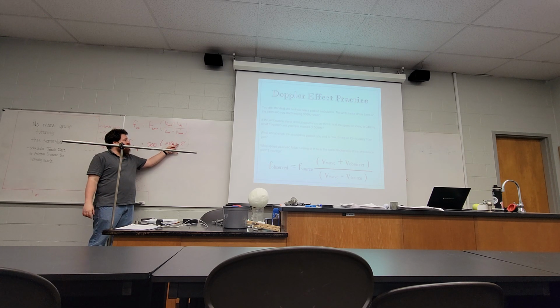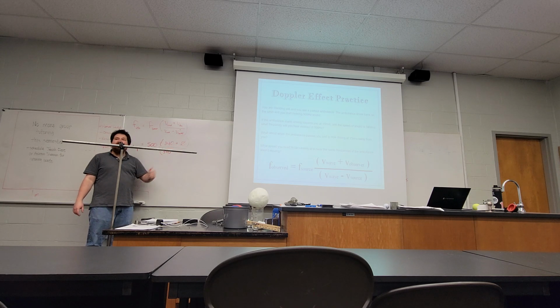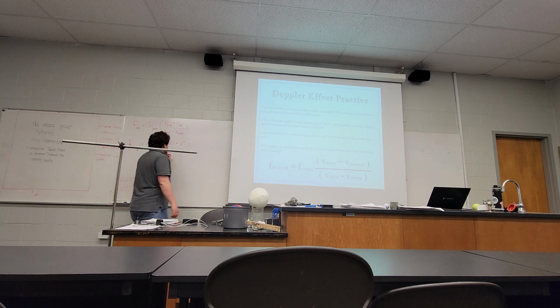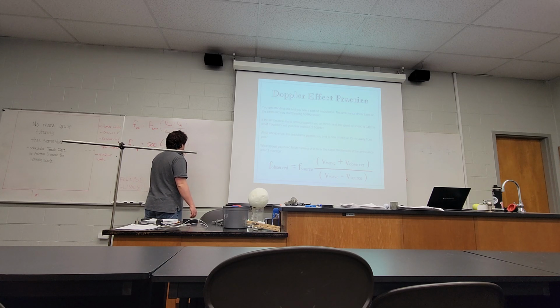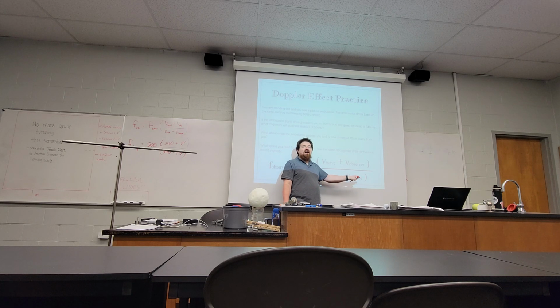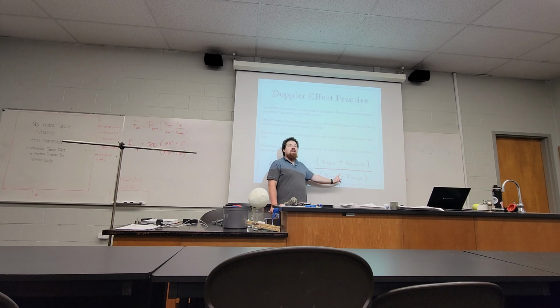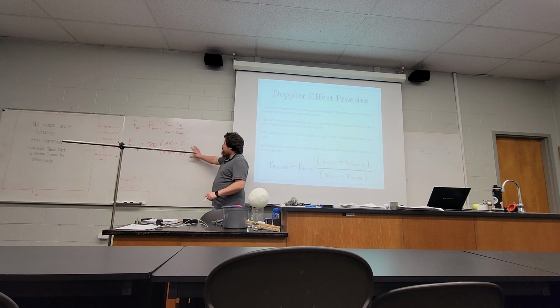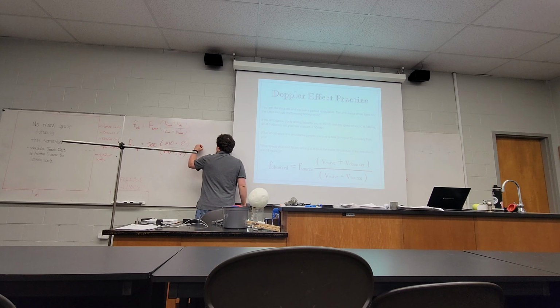The only thing different is, are you adding your speed or subtracting the ambulance's speed? So we're going to subtract the speed of the ambulance. Note that the formula has a negative in it, and we are plugging in a positive V source because the source is drawing closer to us. You plug in a positive number separate from the fact that the formula already has a negative in it. And what that's going to do is create a fraction that is slightly bigger than the number 1.